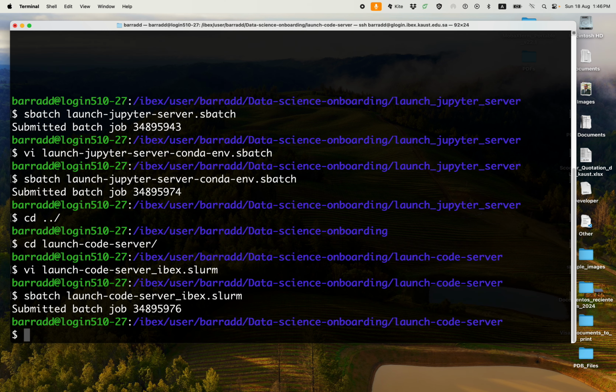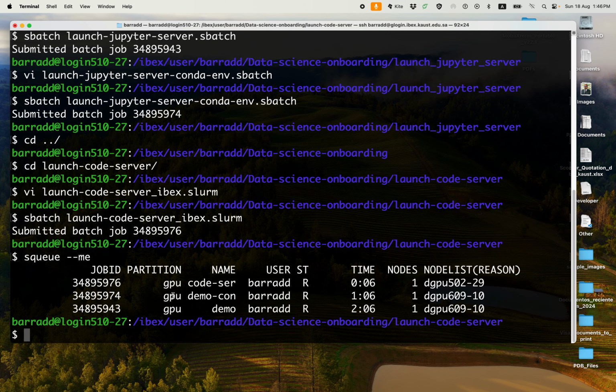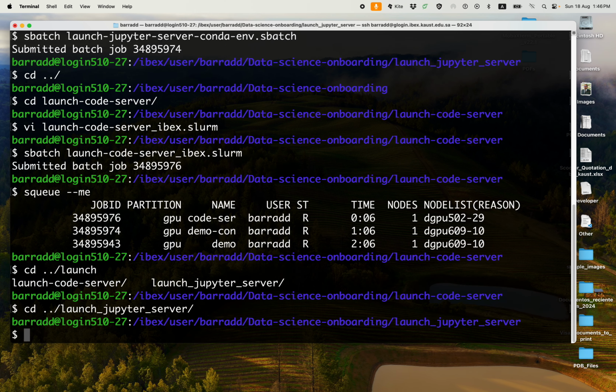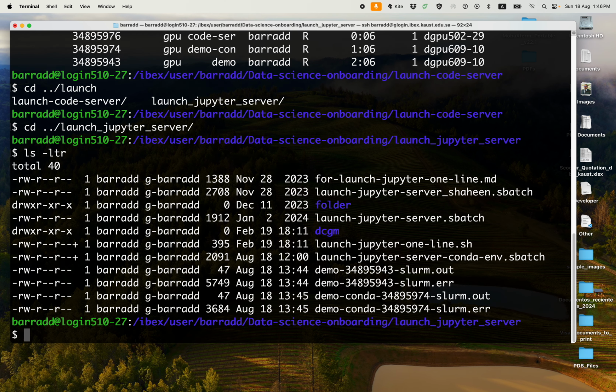Now to check if they are running, squeue --me, and we have different things running already. That's nice. Let's start with something from here. Launch Jupyter server. So what do we have here? With demo conda,